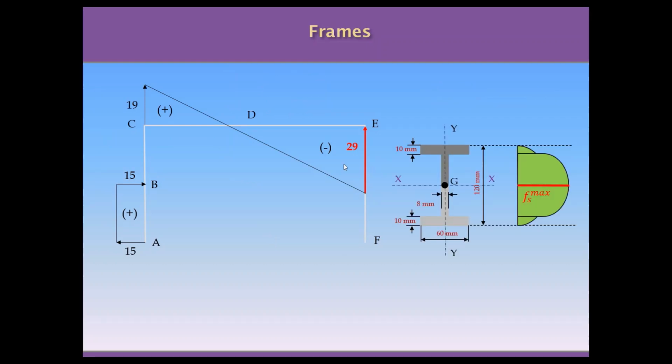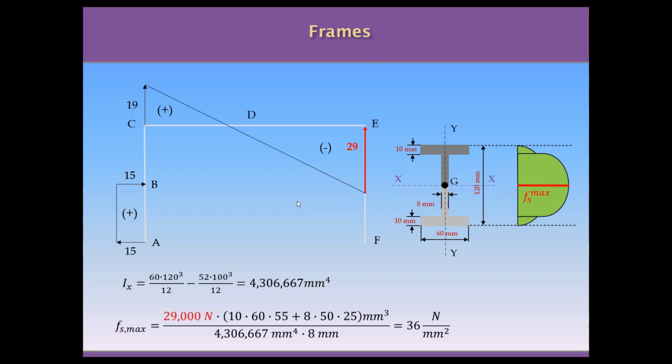Another thing we can do when we have the shear force diagram is to calculate the maximum shear stress. So we have the cross section for the beam where we have the maximum shear force. We know the parabolic distribution of the shear stresses on the cross section and the location of the maximum in correspondence with the neutral axis of this cross section. So we only need to calculate the moment of inertia for the cross section of an I section, and we need to use the expression for the calculation of the shear stress, where we have the maximum shear force,